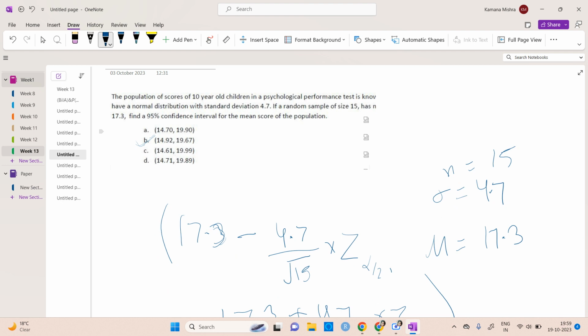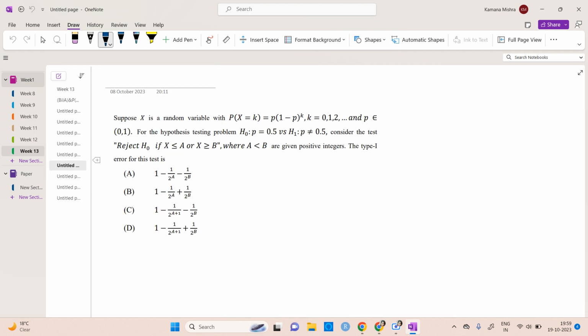So then you can solve it. And then there is this question. This is kind of very lengthy if you solve it, so I'm not going to solve it, but I can tell you how to solve this, so you can do the calculation on your own. It's from the 11. Okay. So what we are saying is that we have given one null hypothesis,